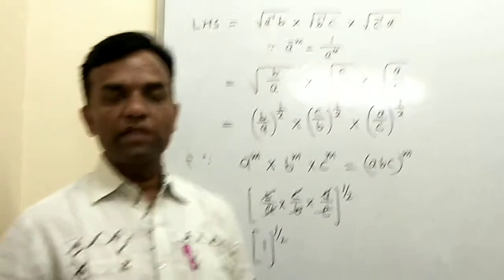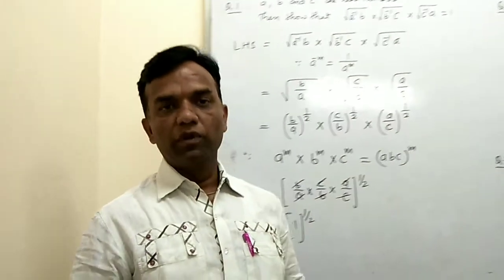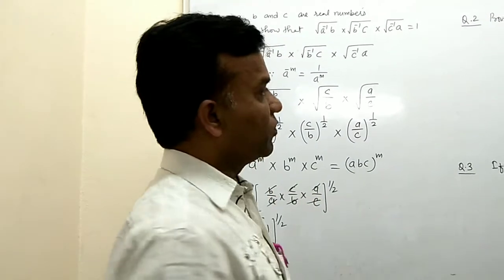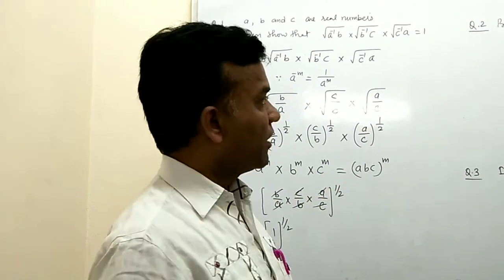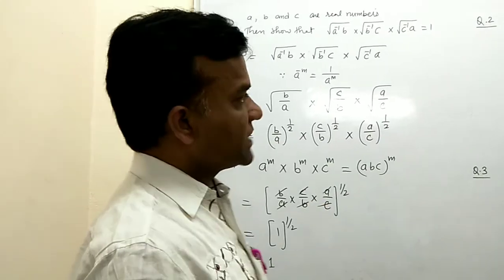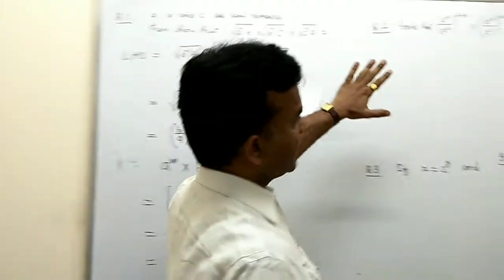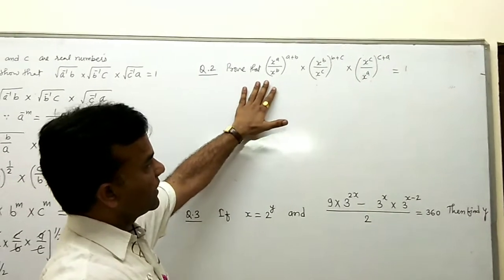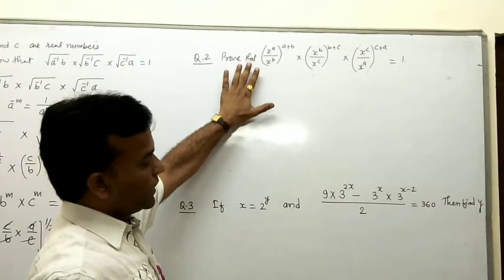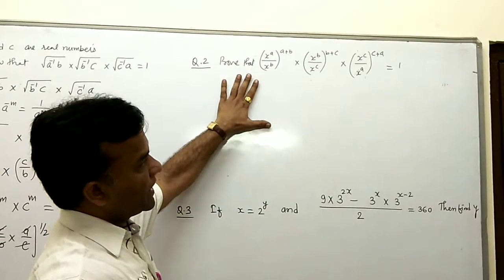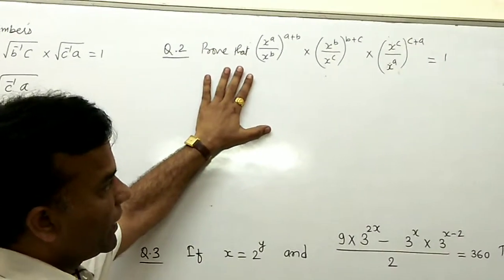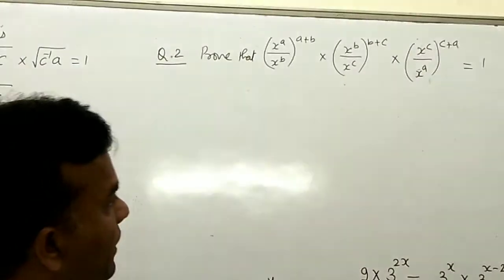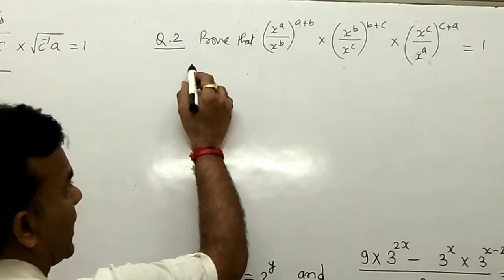If a negative exponent is given, then first you convert it into positive, and if radical form is given, then you convert it into the exponential form and then simplify using the laws of exponents, and then the whole part is simplified. So we have another part, where the same question is given, but this is not in the form of radicals; it is directly given in the form of exponentials, because some numbers are given but they have no numeric value, they are arbitrary numbers. Then first you write down the LHS part here,